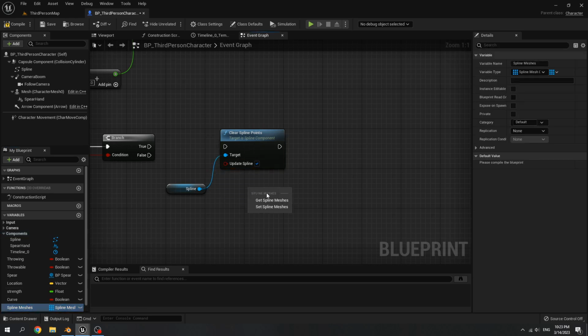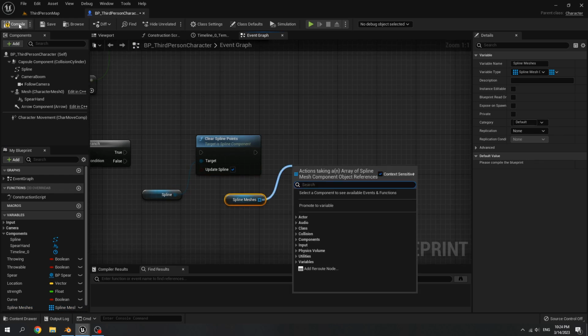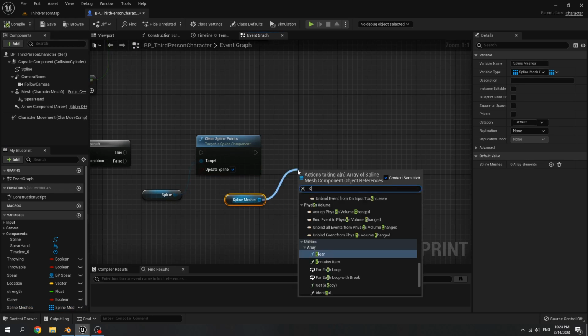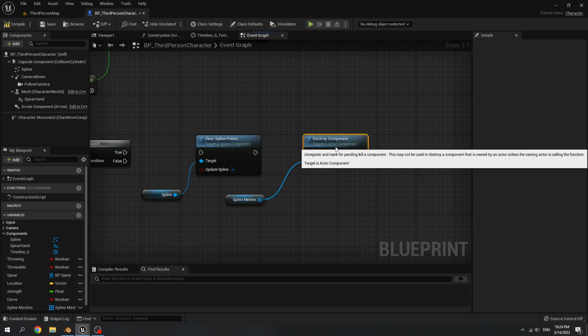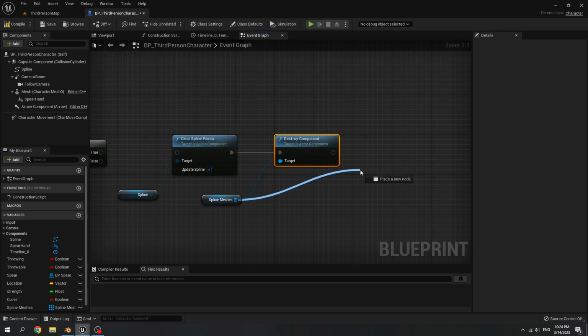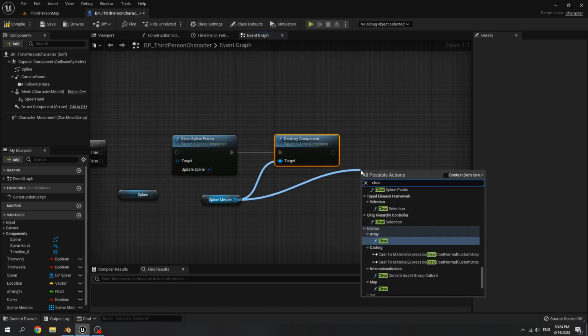Get spline mesh sys. Compile, then call destroy component. Clear the array.